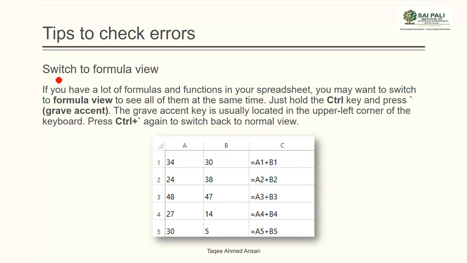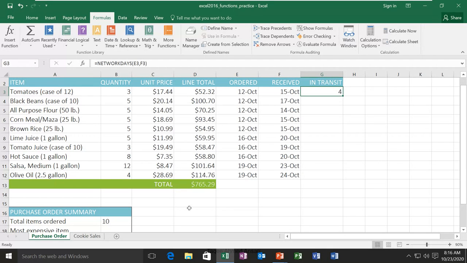And one more option we can do, we can switch to the formula view. By default it does not show you the formula in the cell, it only shows the result of the formula. And the formula you can check in the formula bar. Sometimes it is difficult to see where the formula is. If you see here in the sheet, you don't know in which cell or which column we have the formulas. So in this case we can switch to the formula view. In that view it will not show you the values in the cell, it will show you the formulas directly in the cell.